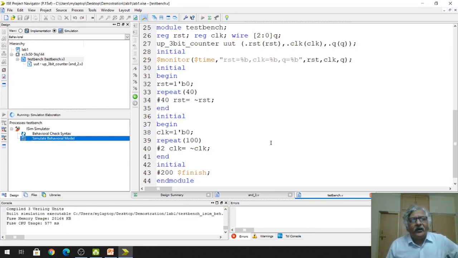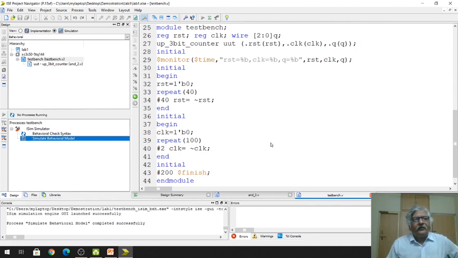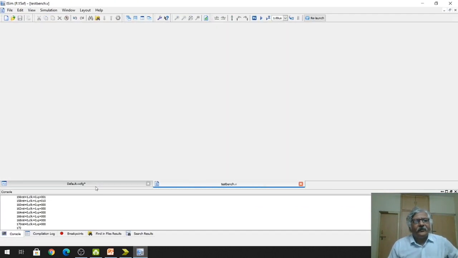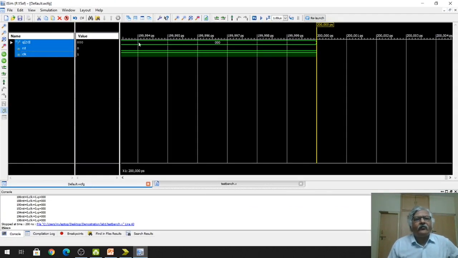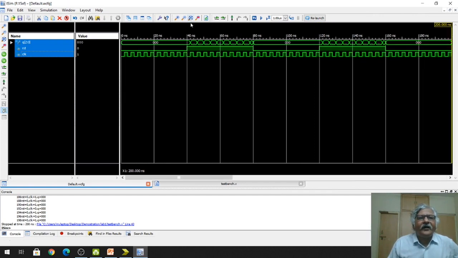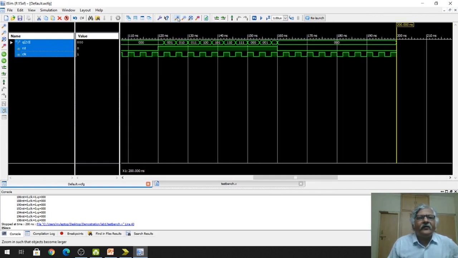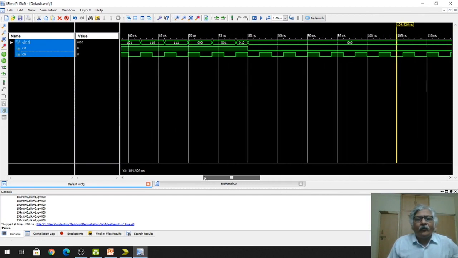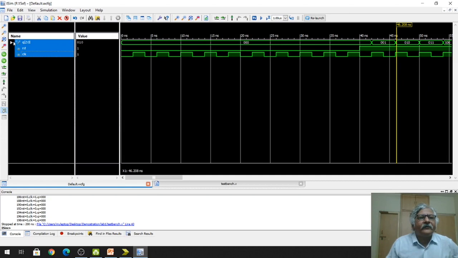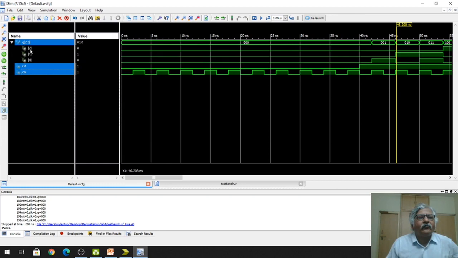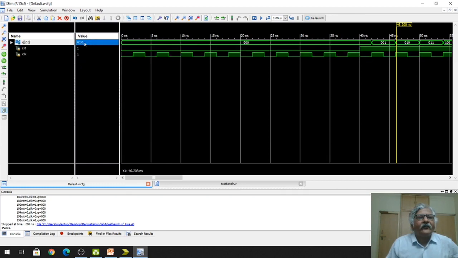So you will find that when the RST is 1, then only with the application of each positive edge, the counter will go to the next state. And if the RST is 0, then output will reset. So now here you can see this is Q. You can also read the value Q2, Q1, Q0. This you can read directly from here. The MSB is 0, then 1, then 0, in this way, right? This is the RST, then this is clock.